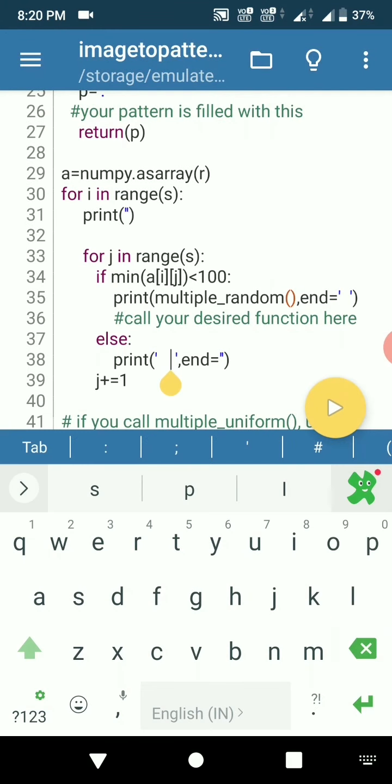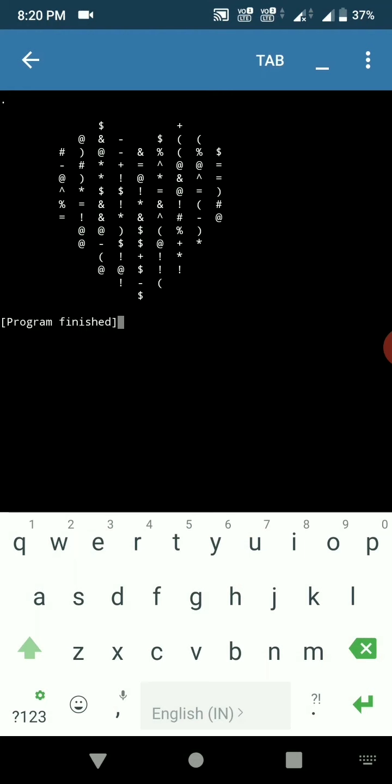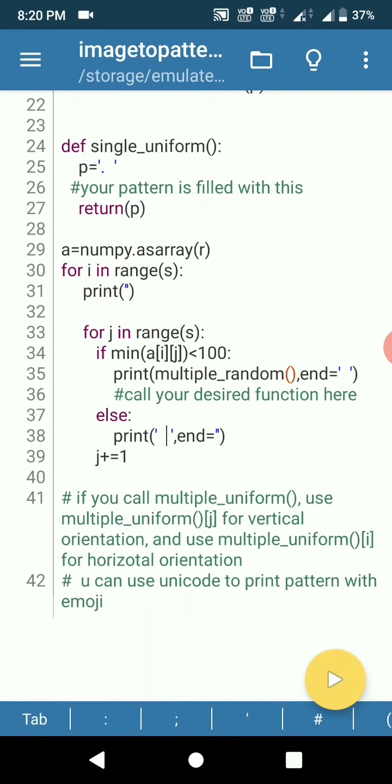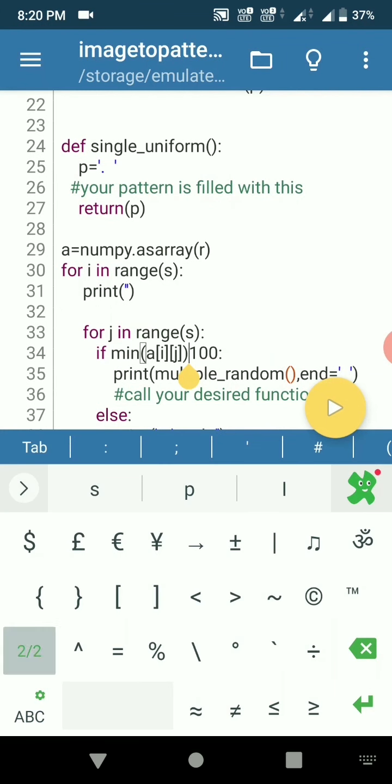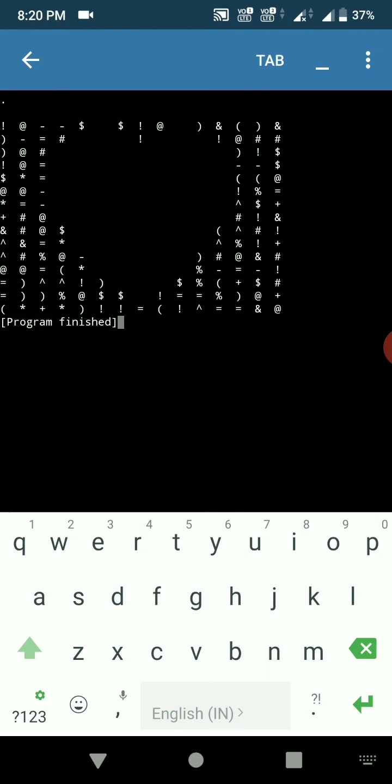Okay, this one is the pattern which we saw earlier. I am going to invert this. When I click the play button, you can see here the symbols are placed outside the heart.